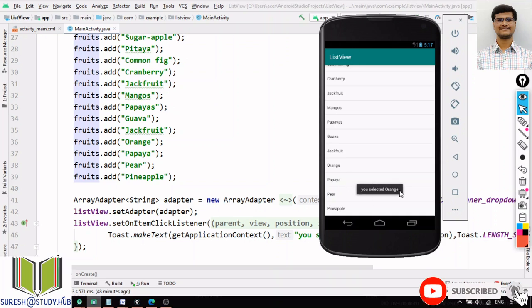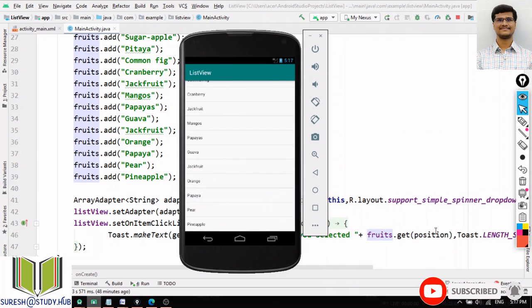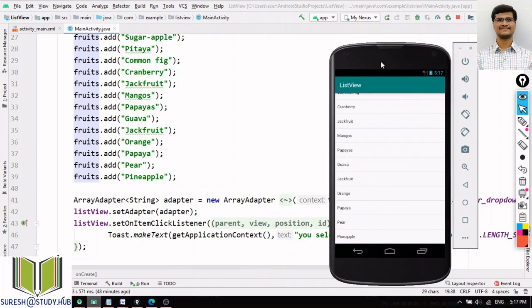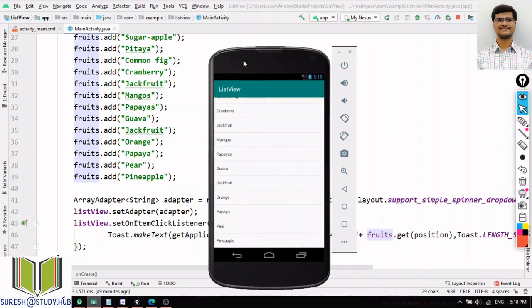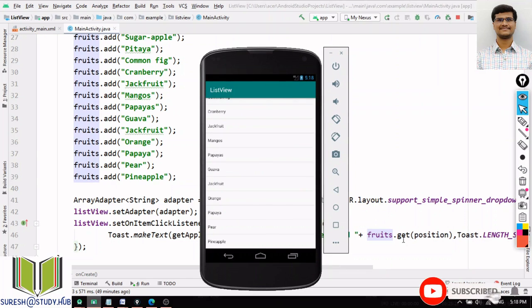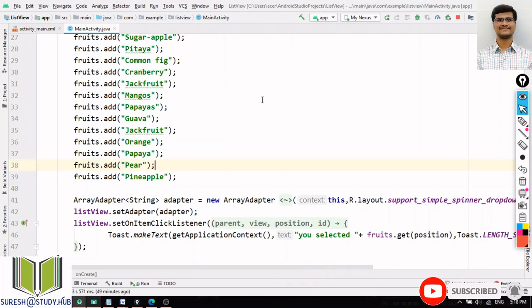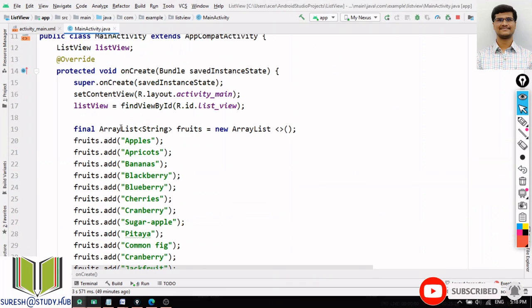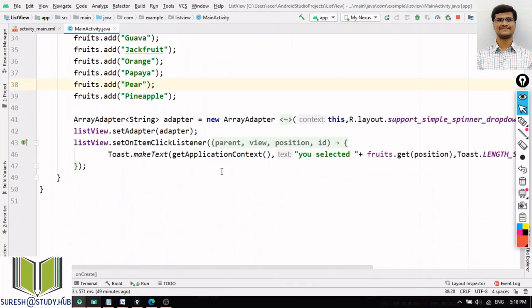You selected, and if you want to get the item, then fruits.get(position). By using this setOnItemClickListener we are getting the position. Whatever element is at that particular position, I can get it by using fruits.get, because fruits is an array list, which contains this list of items.